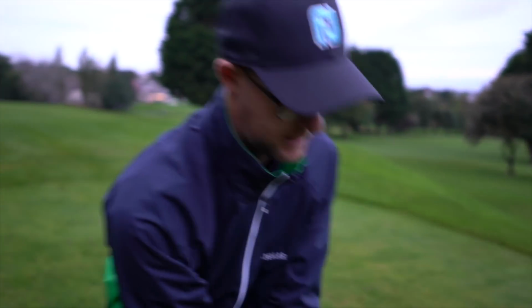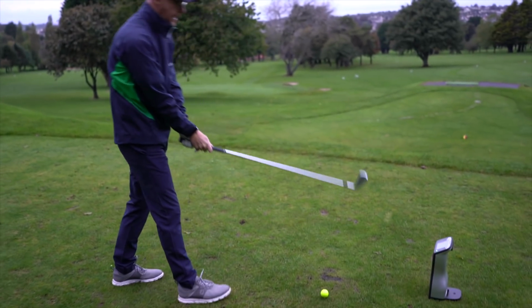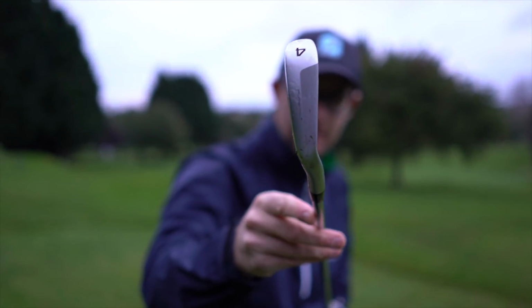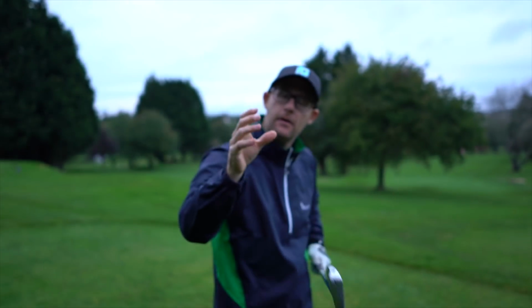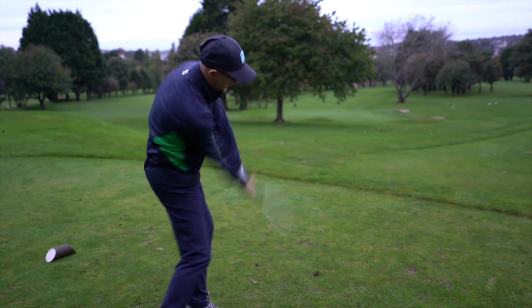I'm impressed. I'm not expecting mine to get over 180. It does look nice, doesn't it? It does look nice, yeah. It does have a little bit more offset than maybe I would want to see. Yeah, but I'm seeing that more with the longer irons. It'd be interesting to see what happens when we look down at the shorter irons, but yeah, I can see